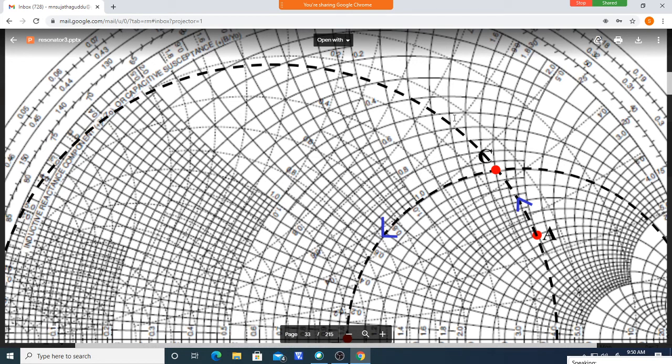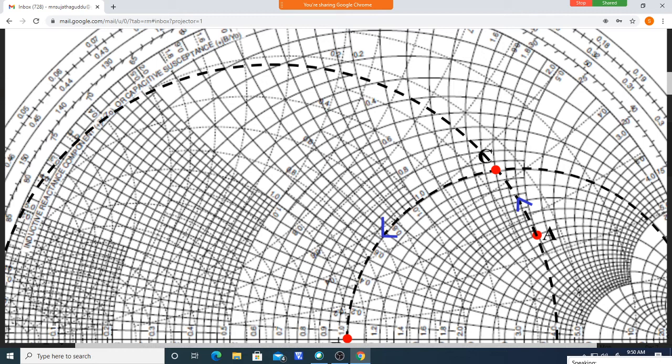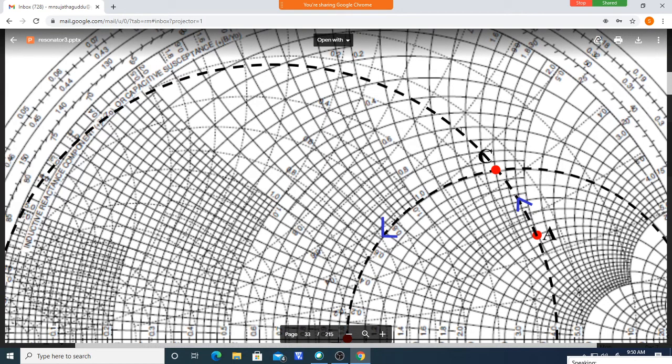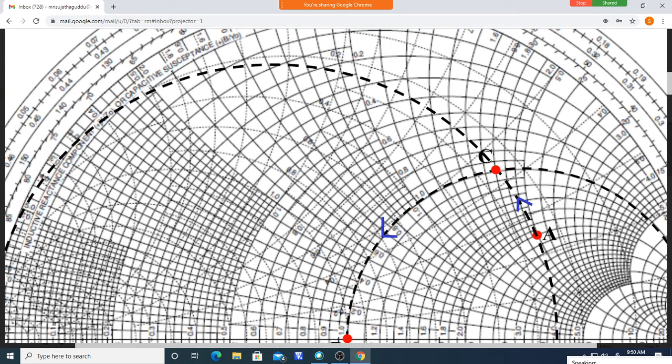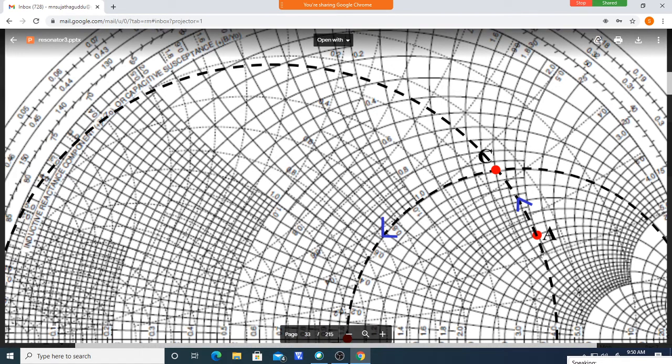See, this conductance circle is not passing through the point, and this other conductance circle is also not passing. So I drew a conductance circle in between the two myself. You need not draw the full circle, just mark it something like this. Draw it parallel to this line and this line. So this is the conductance circle passing through the point.